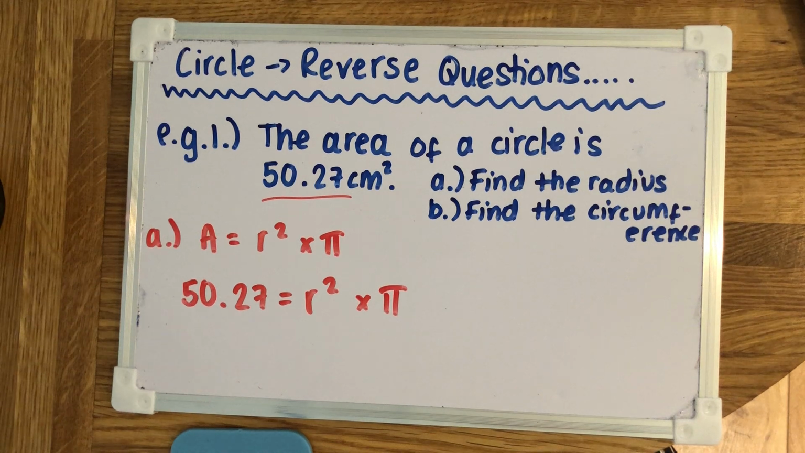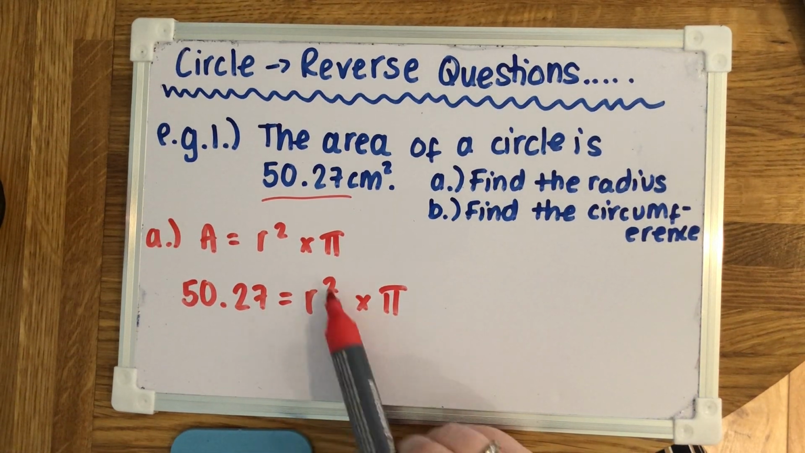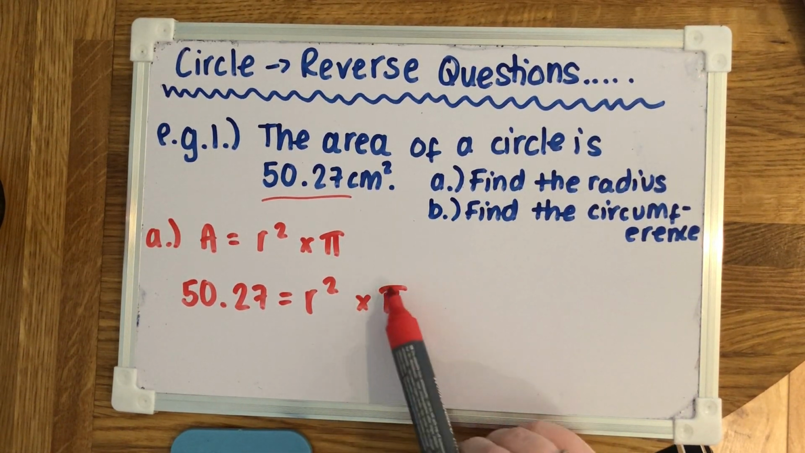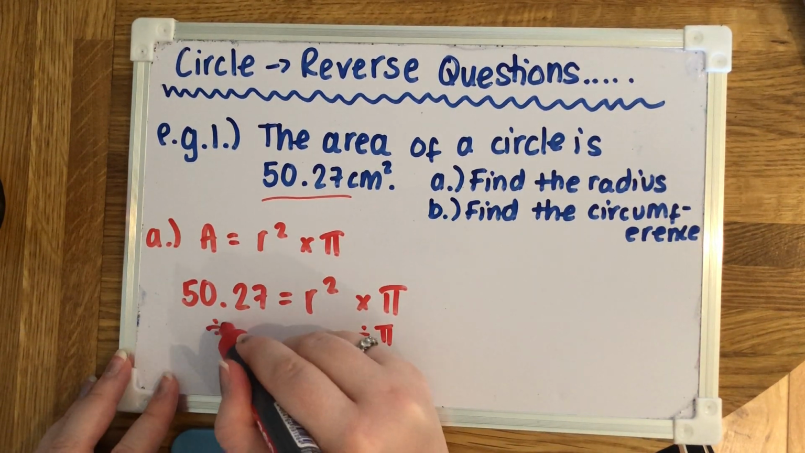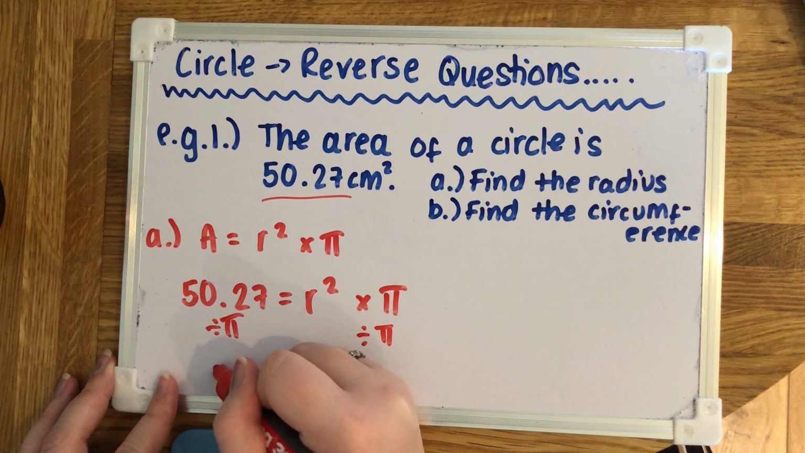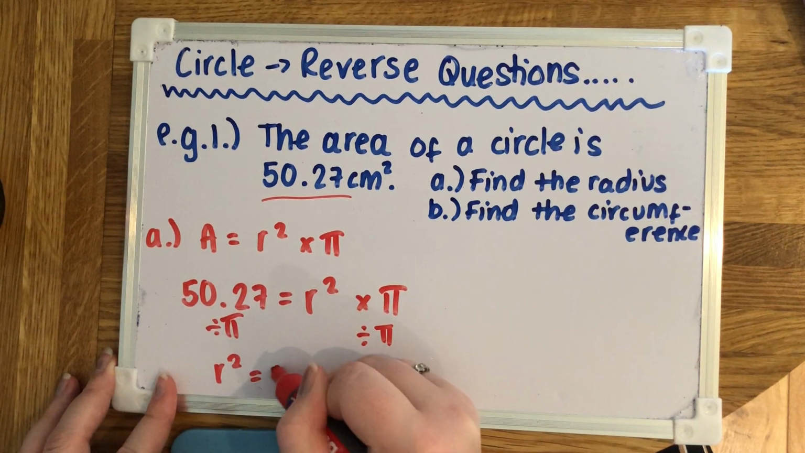So we somehow need to get R on its own. We just want to work out the radius. At the moment, we square the radius and we times it by pi. So I'm going to do the opposite. I'm going to divide by pi. So the radius squared will be 50.27